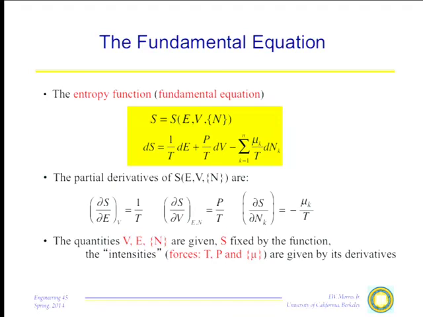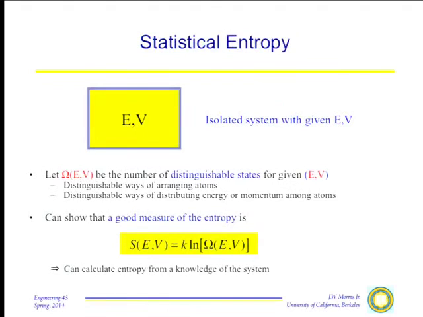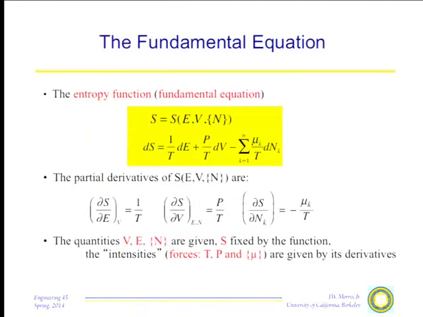This is the form of the fundamental equation that pertains to an isolated system like I had back here. If I have an isolated system, what do I know about it? Well, really all I can know about it is its energy, because I put energy in it before I sealed it off. I can know its volume because I fixed its boundaries. I can know what chemical content it has because I put all those atoms in before I sealed it off. So what I know about an isolated system are these variables, E, V, and N. I don't know the temperature of the isolated system a priori. I have no control over it. That's going to be whatever the molecules decide it's going to be. I don't know the pressure. I don't know the chemical potential.